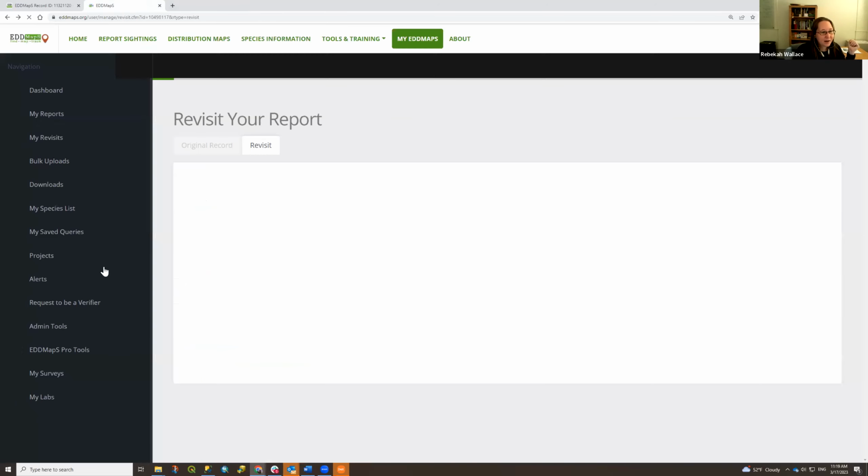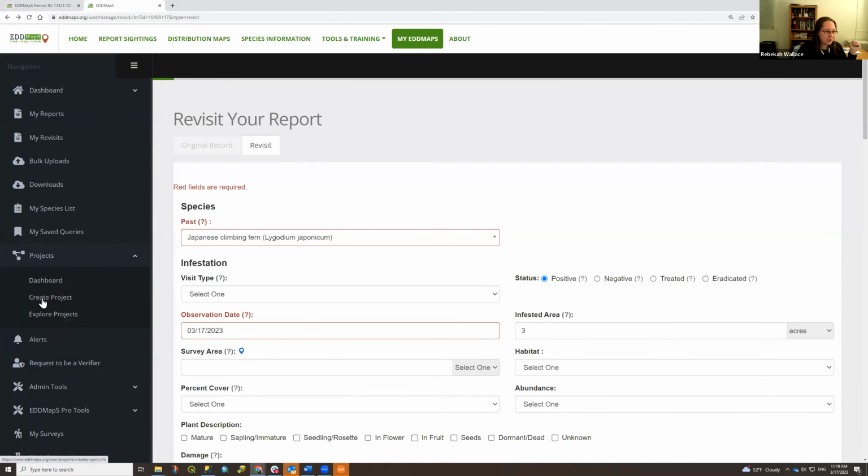If I go back and again open up the projects, you'll see I have the other two options: create project and dashboard. If I'm starting up a project, the reason I might create a project is to unite data in a way that's not easily done otherwise.